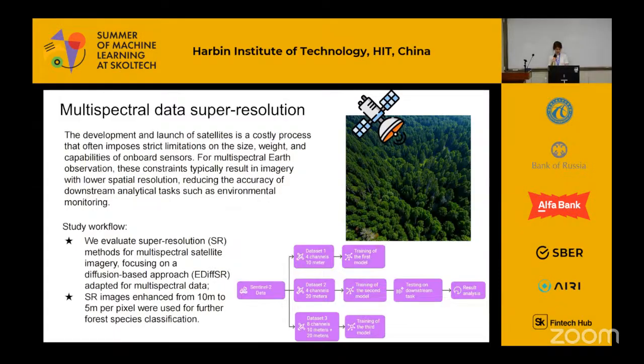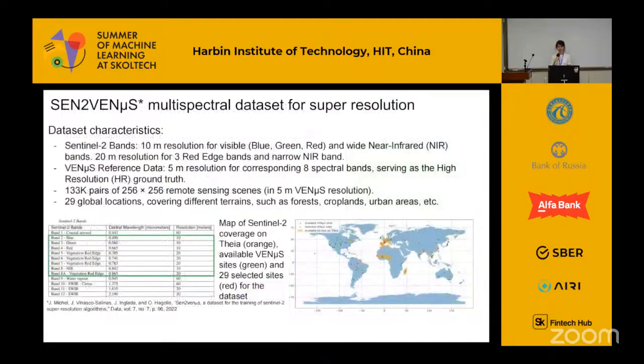Here you can see an example of such approach when we develop a model for forestry analysis, and you can also find some open access data set for multispectral data, super resolution, but one of the main limitation is that the openly access data sets are usually lower